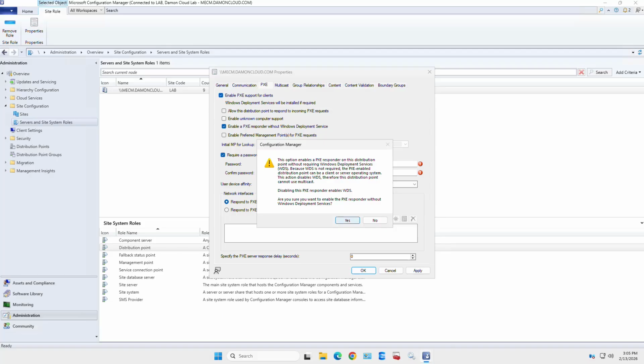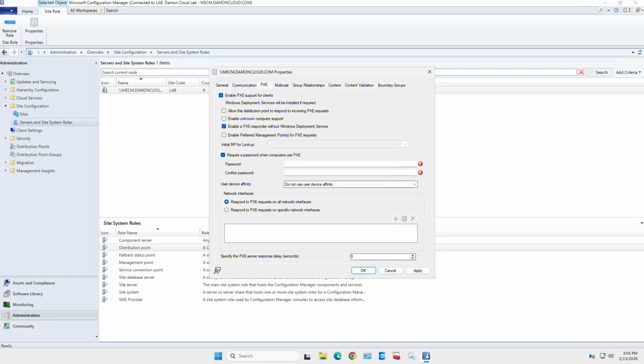Yes. So when we click that option, the next tab, multicast, is going to be all grayed out because when we use this option, it can't use multicast, but it doesn't matter. This is a much simpler approach. But it's still not going to work at this point, this distribution point, to respond to PXE requests. We have to click on allow this distribution point to respond to incoming PXE requests,